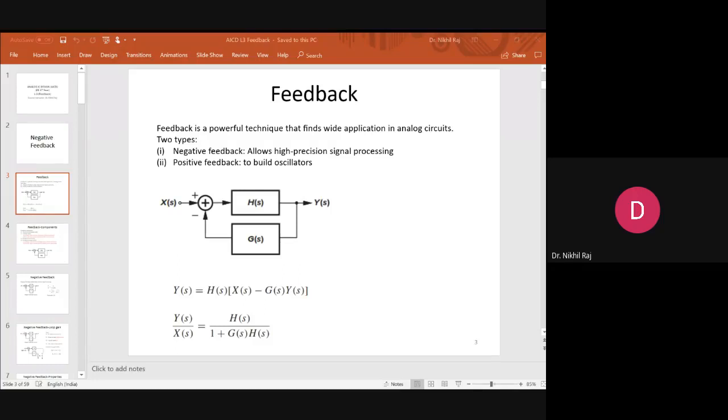Certain methods means you have to identify the feedback components. First of all you have to identify which is the feedback network. Once you identify the feedback network, try to identify whether it is connected to the output or not, because feedback only means when it is connected to the output. From output it can take a part of voltage or part of current, and that should propagate to the input section. Once the connection is formed between output to input via some element, that is called your feedback.